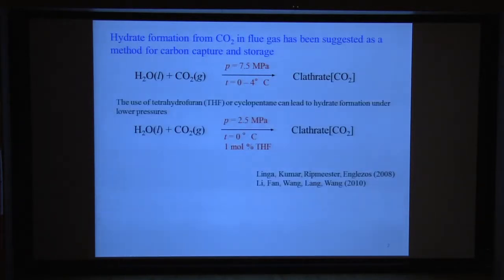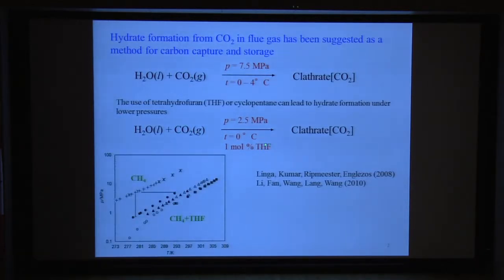Through some innovations, for example, introducing tetrahydrofuran or cyclopentane, research which has been done by Professor Englezos and another group in China, the pressure can be lowered considerably compared to the pure CO2 hydrate, but still the pressure requirements are high. In general, the principle which we're going to use is that if we add what's called a hydrate promoter under particular circumstances, we can lower the pressure of hydrate formation compared to the pure